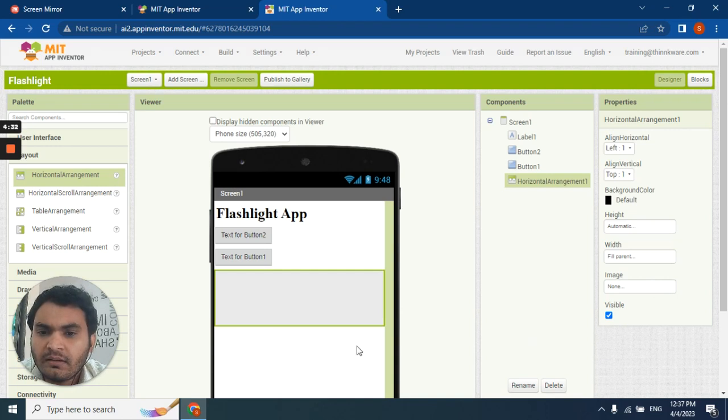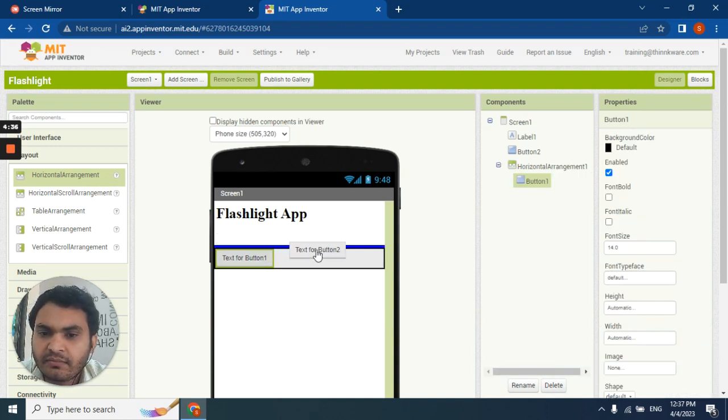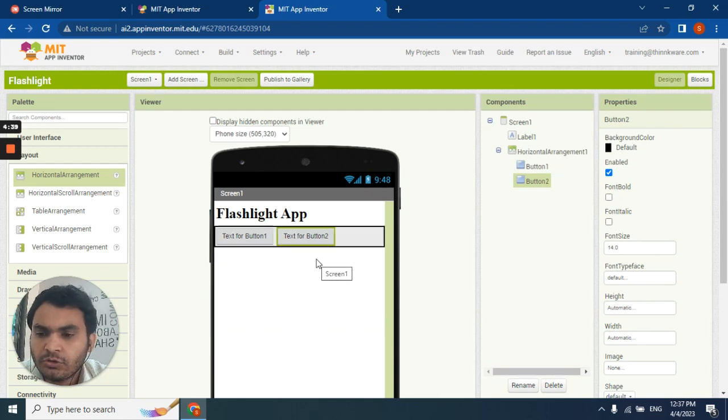And now place your buttons inside the horizontal arrangement. If we want to place the components from left to right, we need to choose a horizontal arrangement from layout.